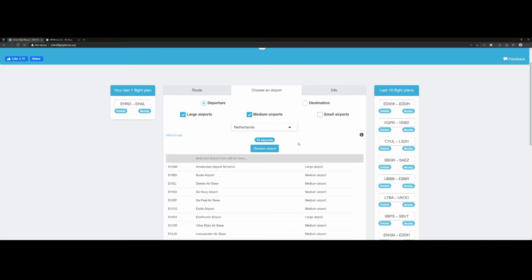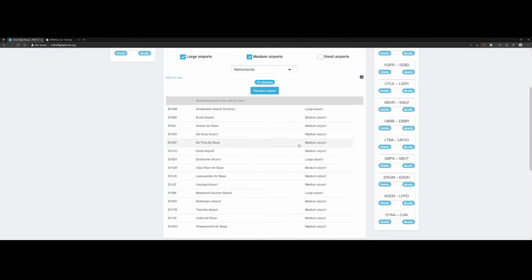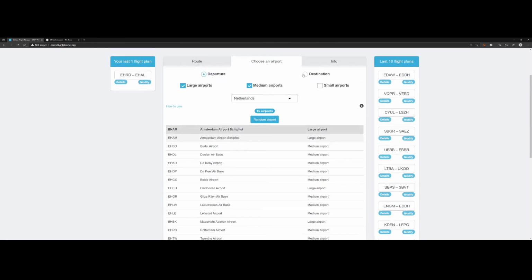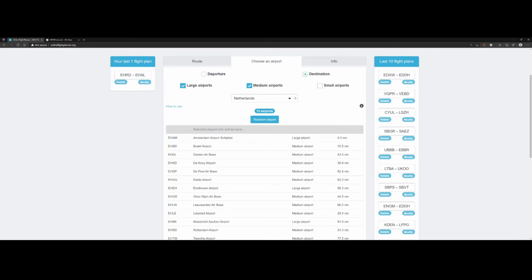So I select the Netherlands. Then it shows me all the airports which are located in the Netherlands, and one of them is Amsterdam Airport Schiphol, which is the one I want to use as my departing airport. Once you selected the departing airport, you can search for the destination. In this case I want to fly to the United States,